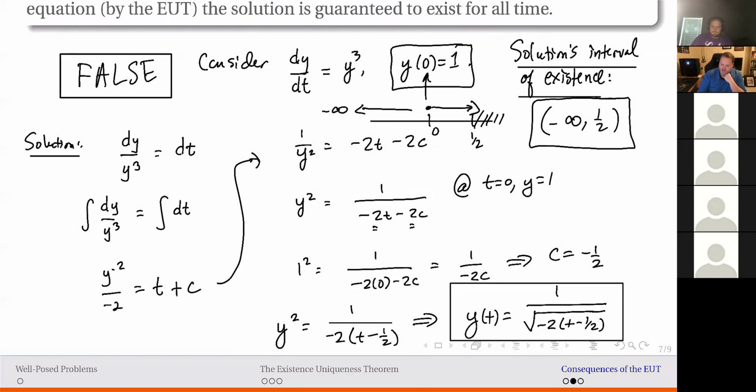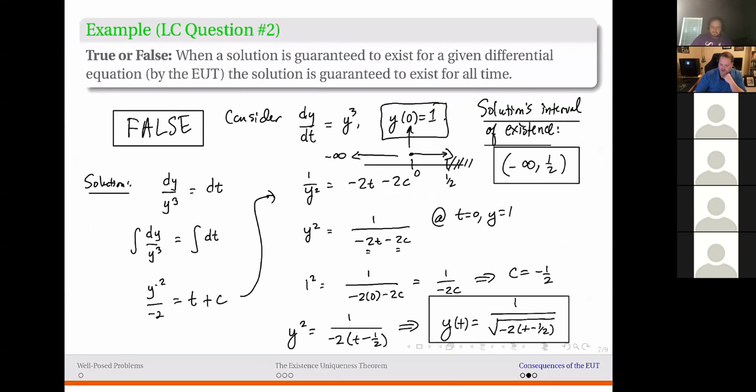So the point to this example is, just because you have a solution that's guaranteed to exist, right? The existence uniqueness theorem would tell us there's no bad points here. You look at y cubed, there's nothing bad there. There's no discontinuities there. So the existence uniqueness theorem would tell us you get a solution at every initial point for this problem. And in particular, the initial point at 0, 1, I can extend it -infinity to